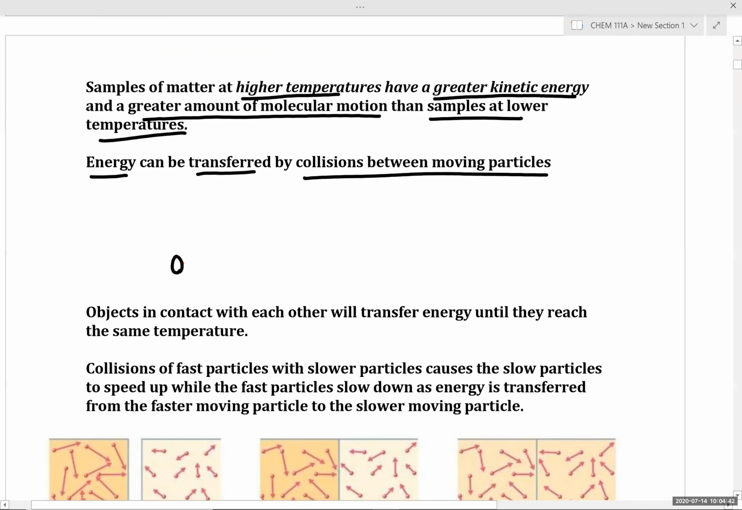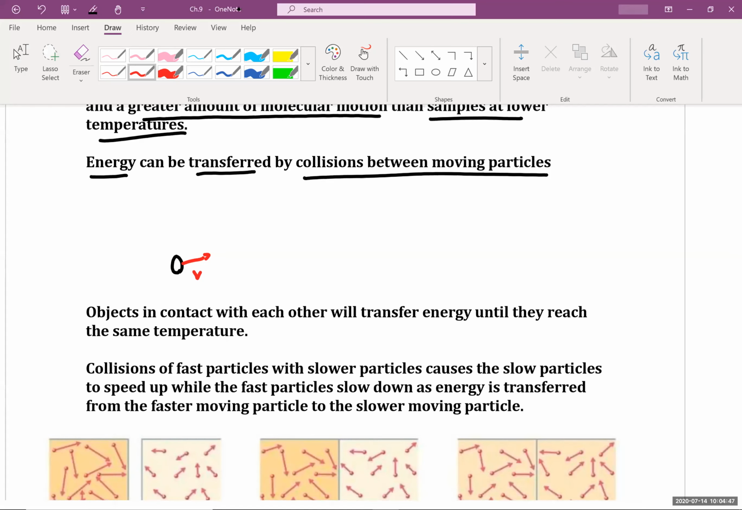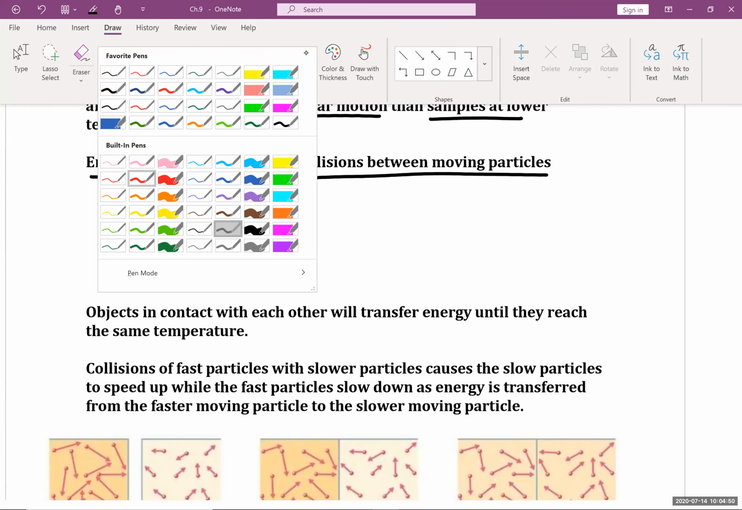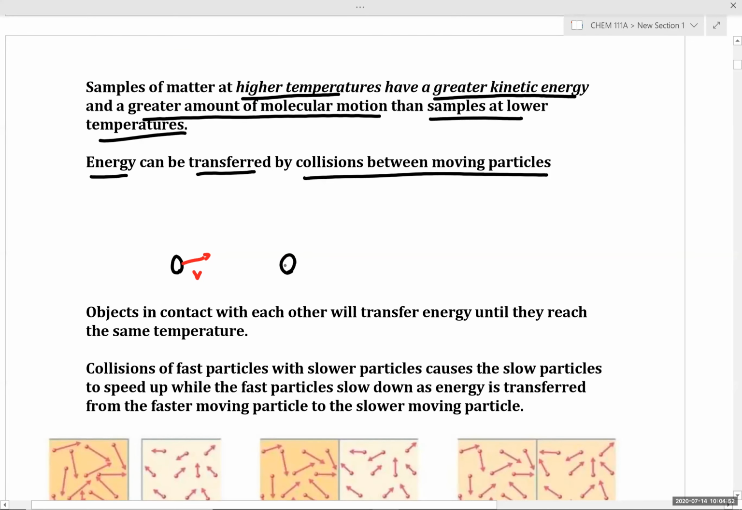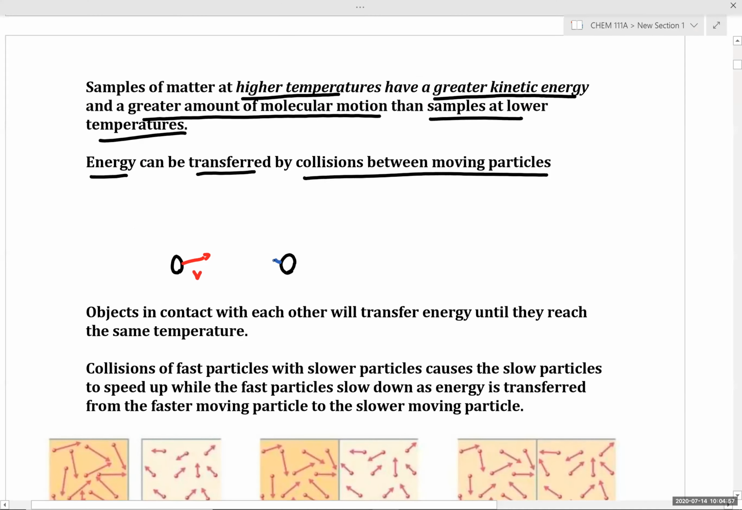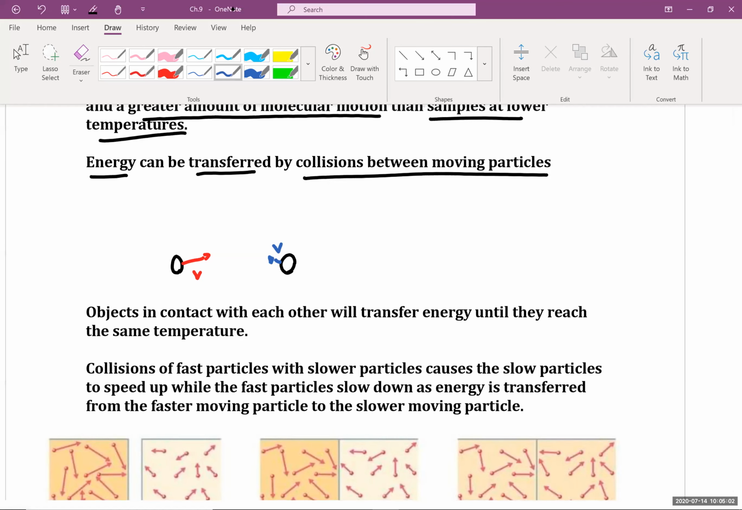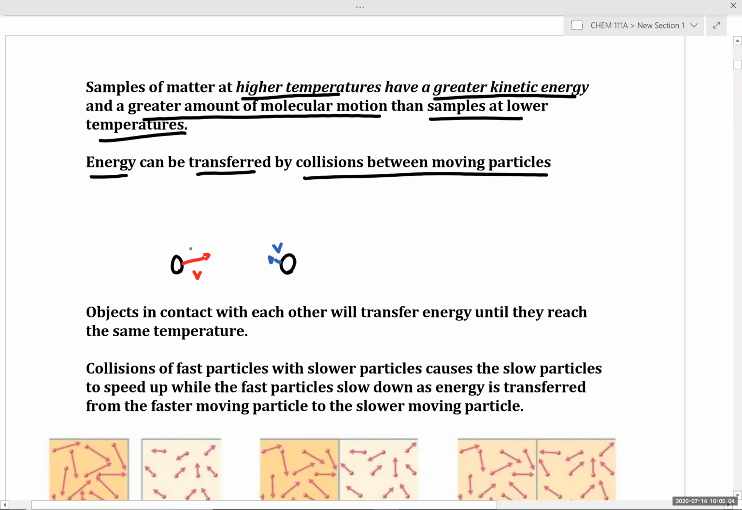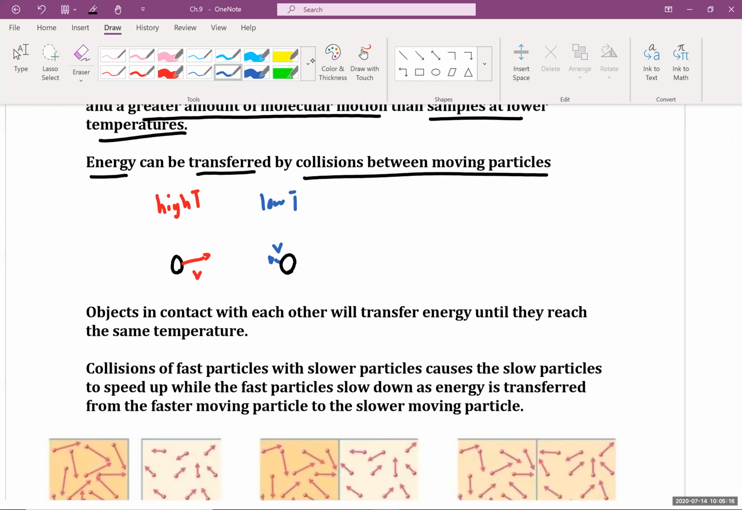So for example, if we have a particle moving with velocity v, and we have another particle moving with a slightly smaller velocity that we'll just call v. So let's pretend, just for this exercise, the particle on the left is from a high temperature sample, and the particle on the right is from a low temperature sample. When these two particles collide,